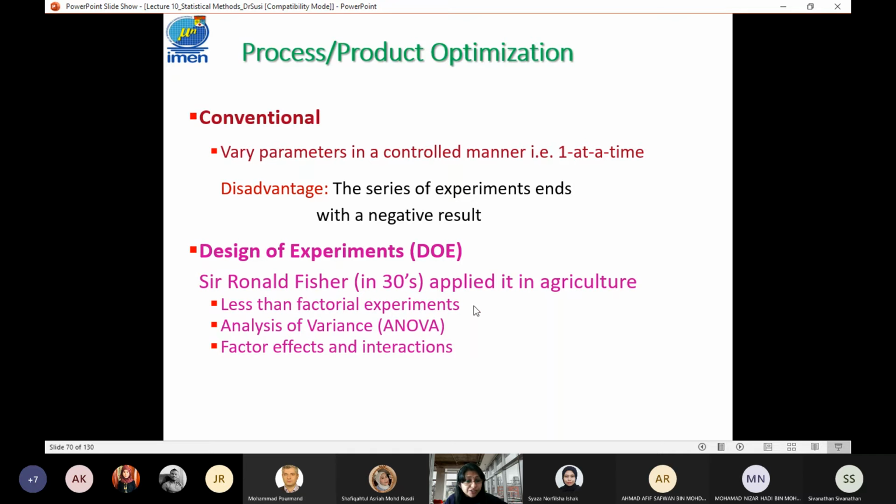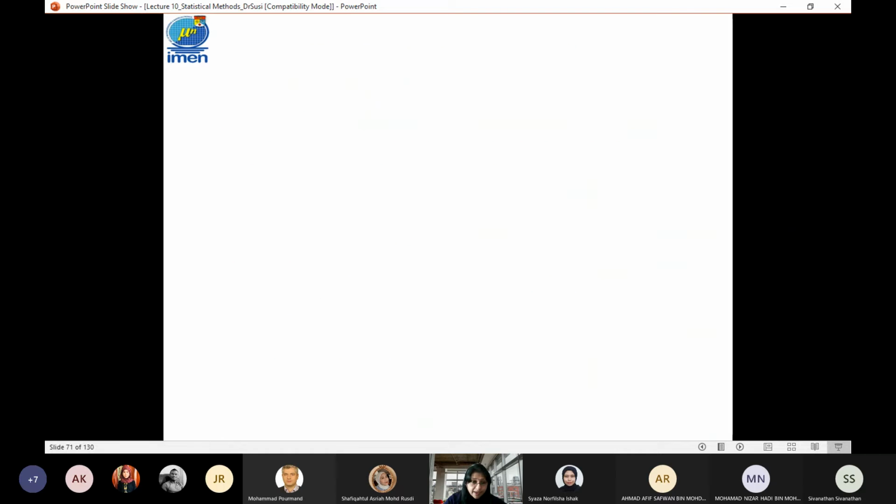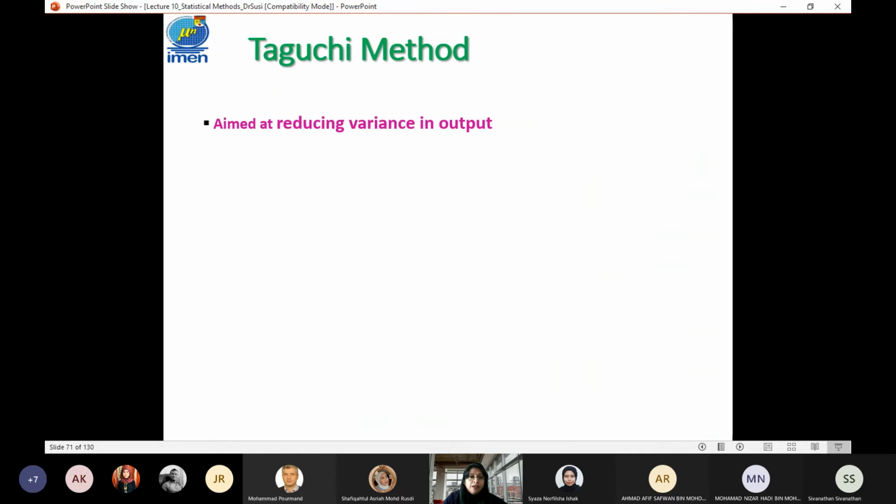It was used in agriculture, so it's less than factorial experiments. You use analysis of variance, ANOVA, and you look at factor effects and also interactions, how one factor gets affected by another factor, and also the interaction between them. All right, the Taguchi method is aimed at reducing variance in the output. Remember your sigma, 1 sigma, 2 sigma, 3 sigma, and so forth. We want to reduce the